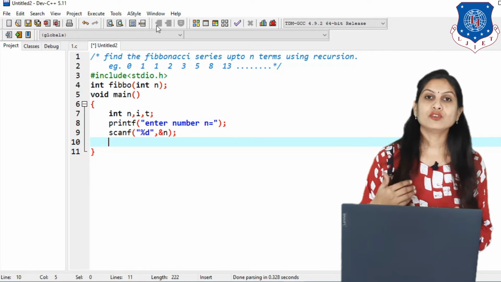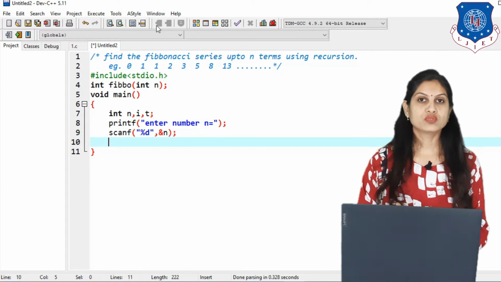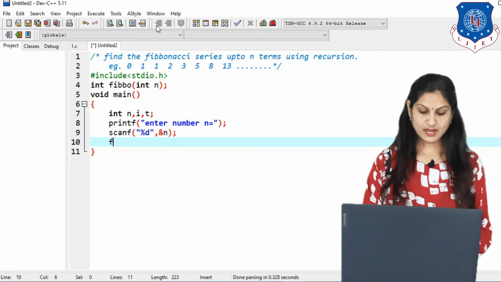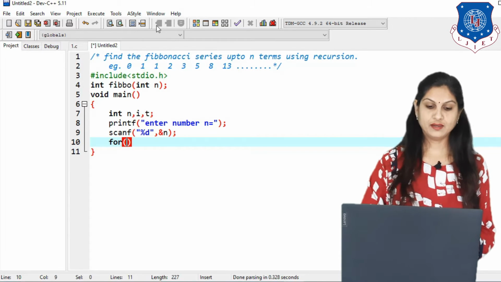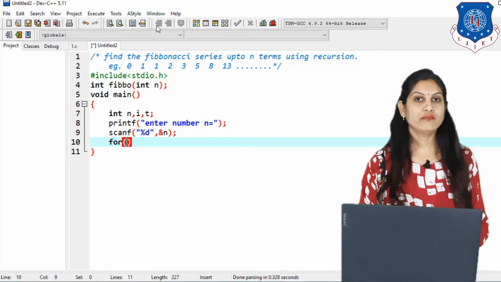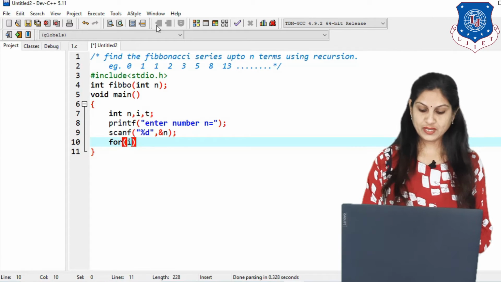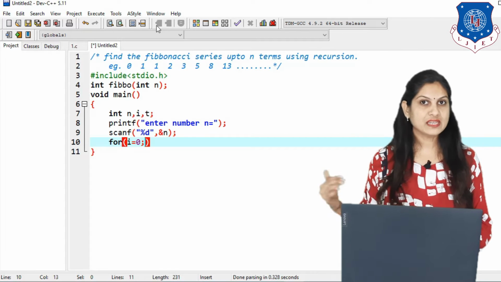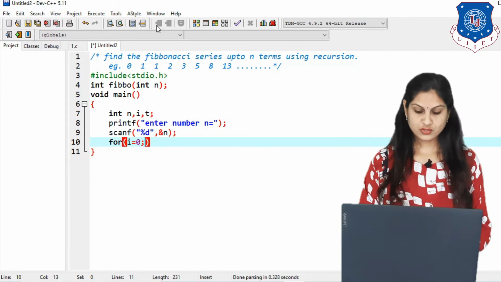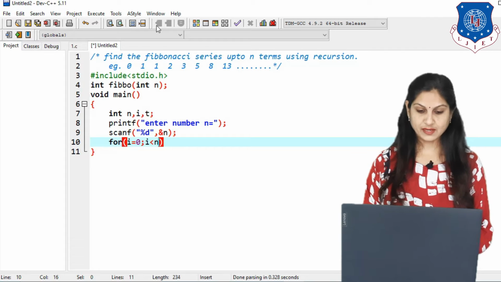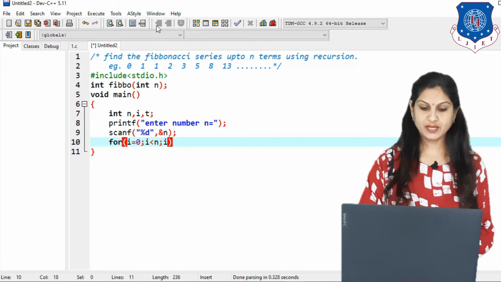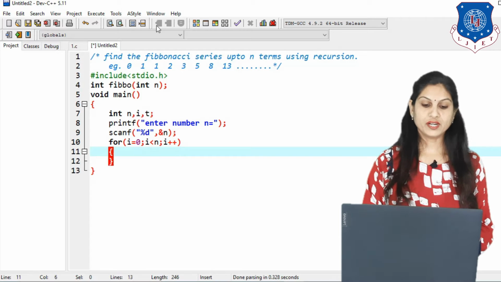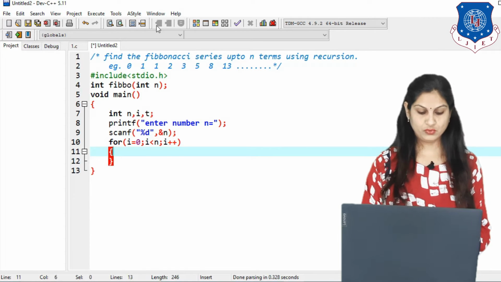So multiple values have to be returned, and for that we use a for loop. Here I am using for, starting from i equals 0 up to n, so the condition is i less than n, and then i is incremented. This is the for loop for returning multiple values.